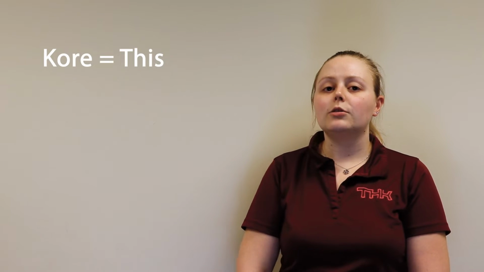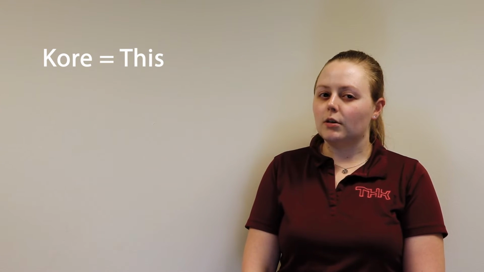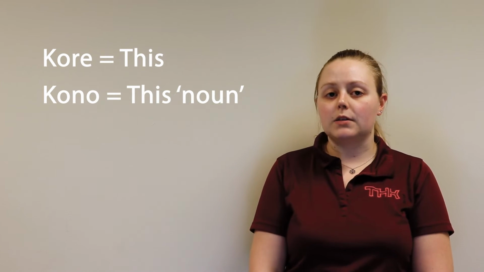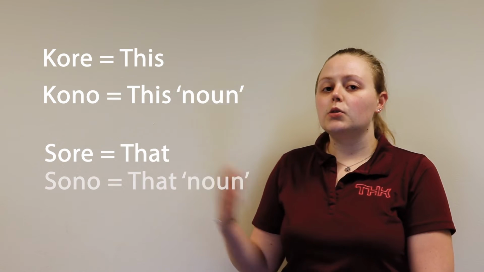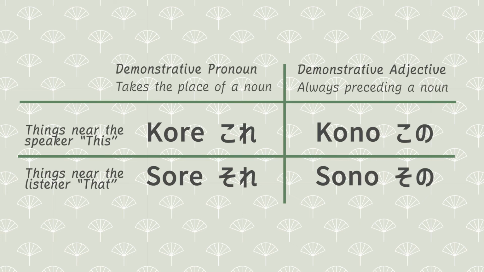In Japanese, we learned that kore means this. That is the demonstrative pronoun. But what about the demonstrative adjective? In this case, we need kono plus the noun that you want to specify. Sore, that, has a very similar counterpart, sono plus noun. Like kore and sore, kono and sono are used depending on relative distance between the speaker or listener from the noun being modified. これ、それ、この、その。